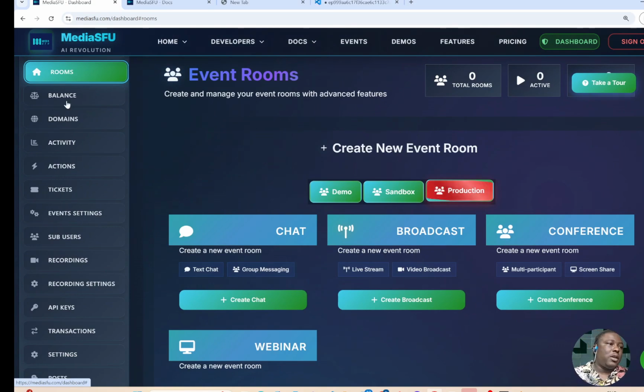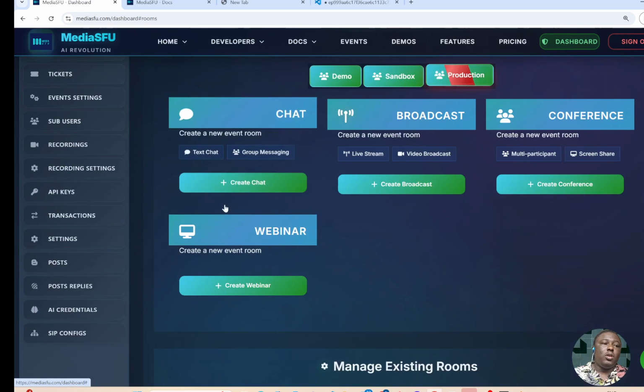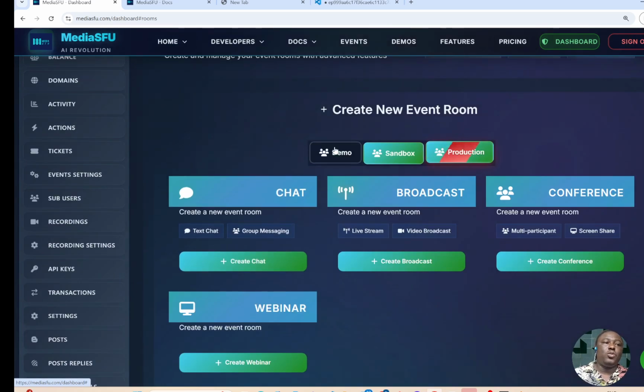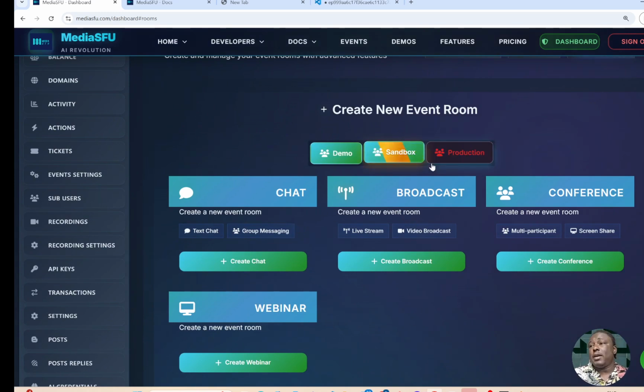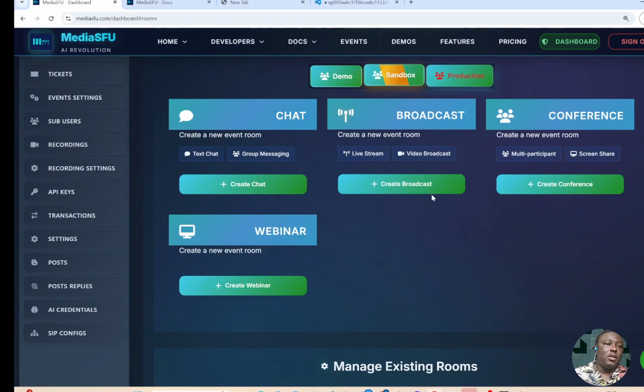Particularly in your rooms dashboard, there is an option to be in demo mode or sandbox mode or production mode. For a quick brief check, as I illustrated, you have enough minutes to run this. Sandbox and production need special subscription. So for a quick demo in sandbox mode, if for instance,